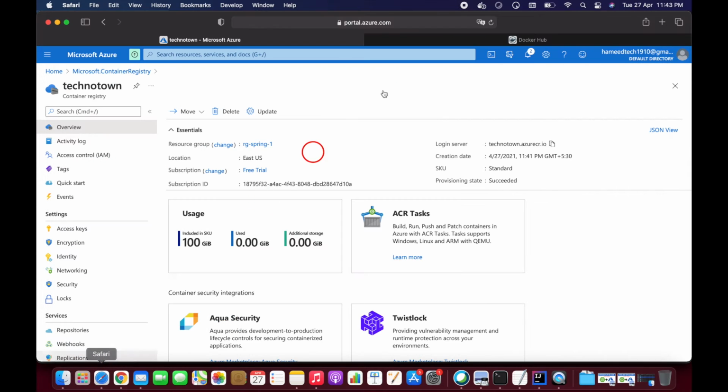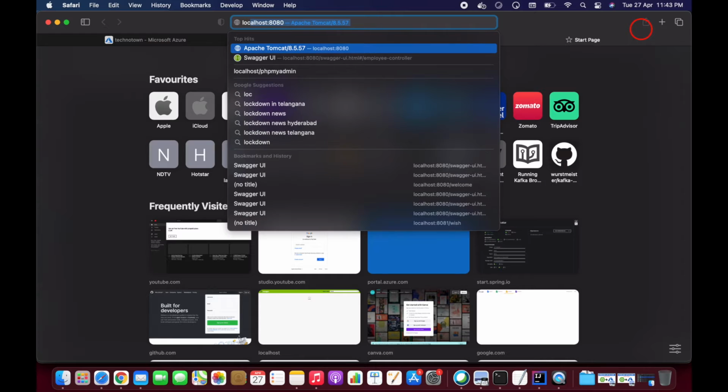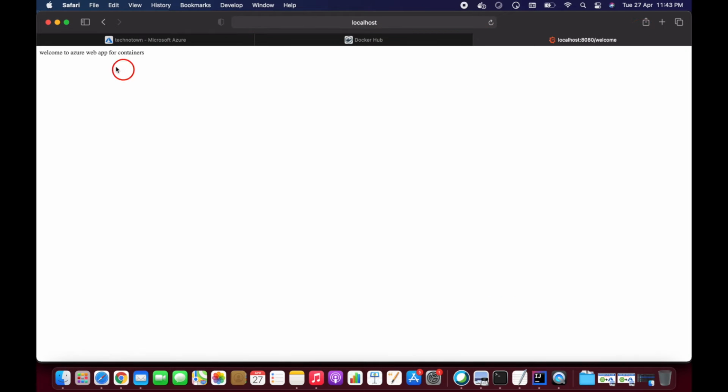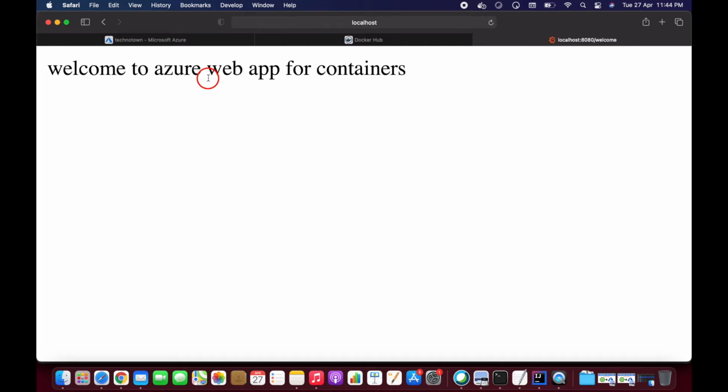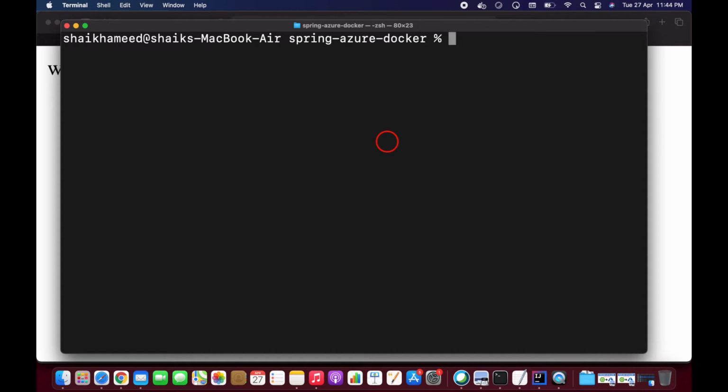So let's open the browser here. localhost:8080/welcome. Okay, so here you will be able to see "Welcome to Azure Web App for Containers." Okay, it's working fine. So now let's clear this.